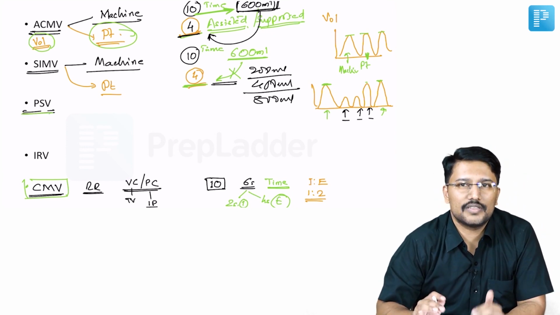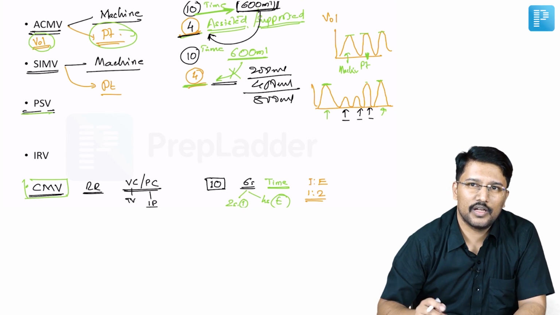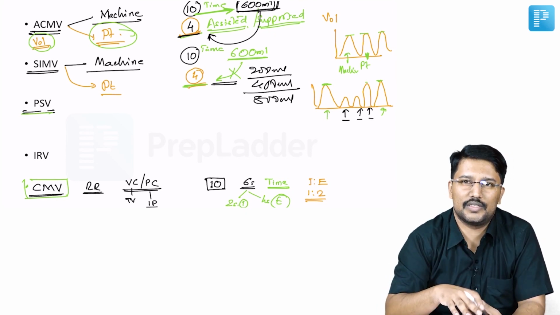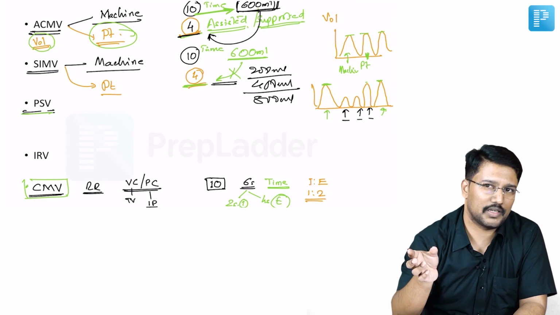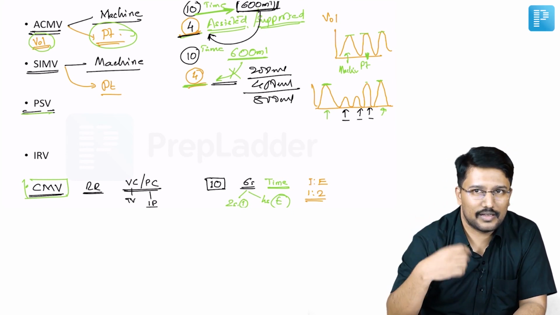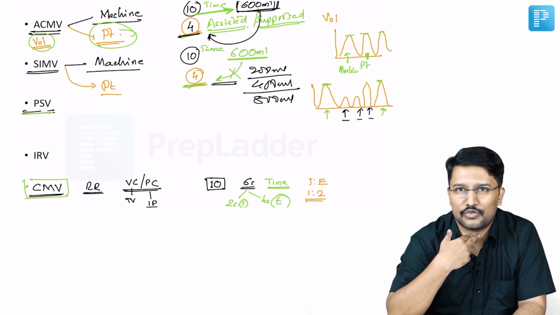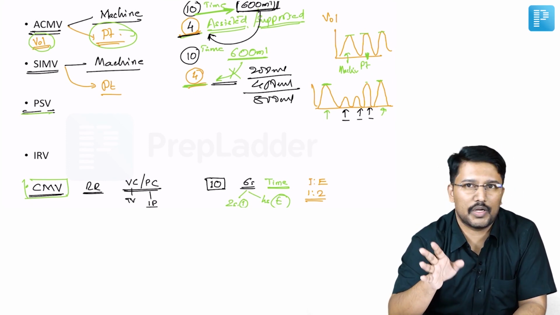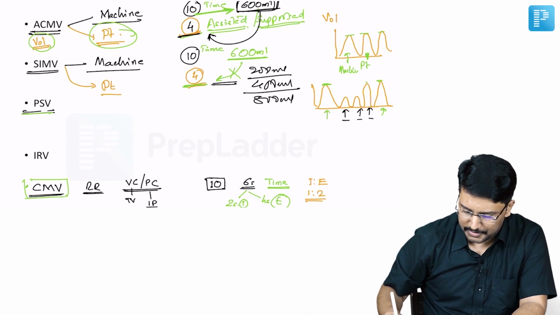I can say in other words, this is basically a CPAP with an invasive interface. In CPAP also there is a pressure support with every breath. The interface was basically a face mask or a helmet. Here the interface is an endotracheal tube or a tracheostomy tube. That's the only difference between CPAP and pressure support mode of ventilation.